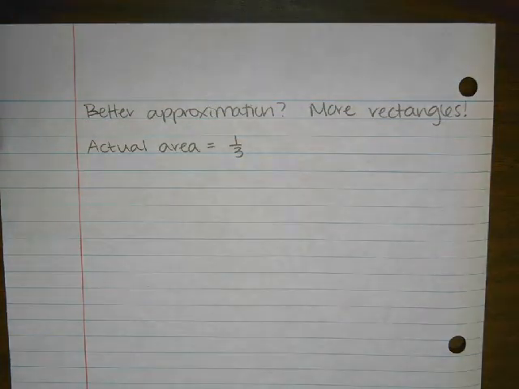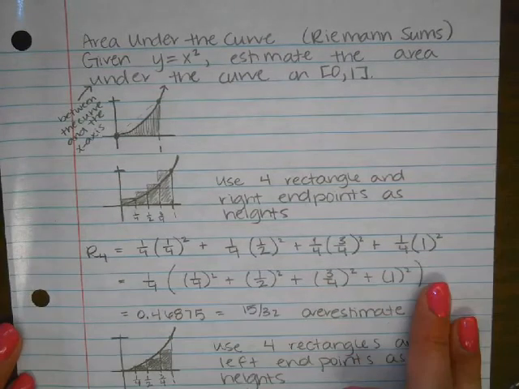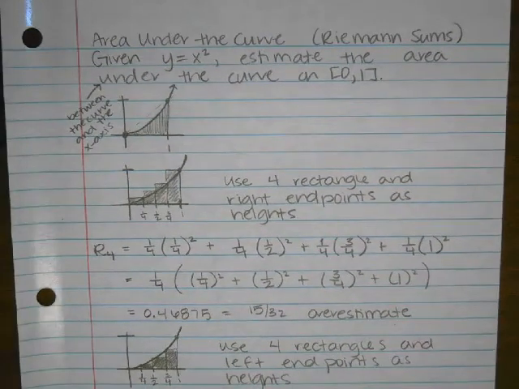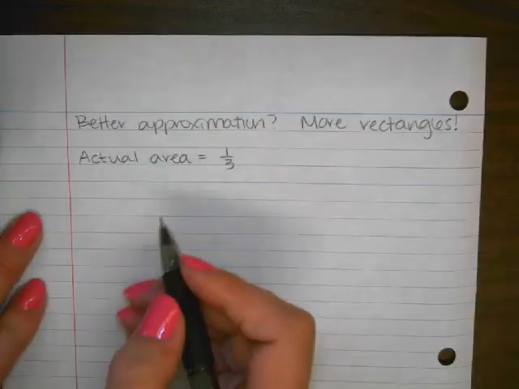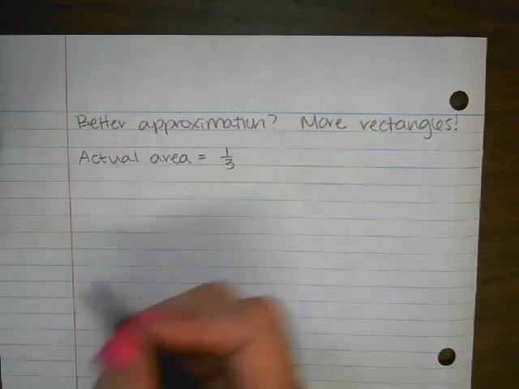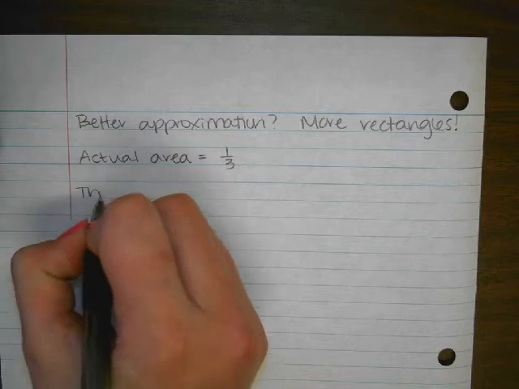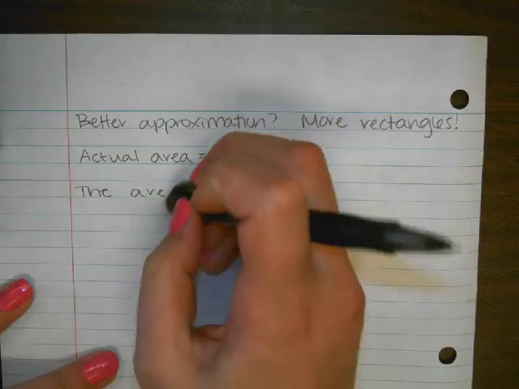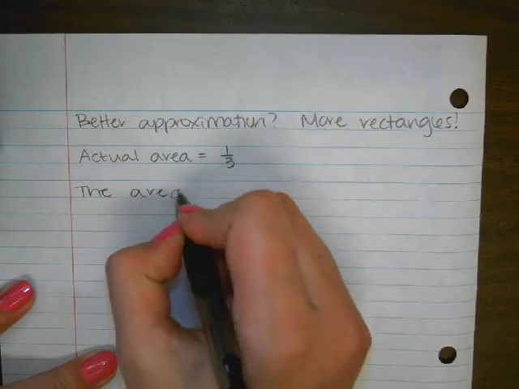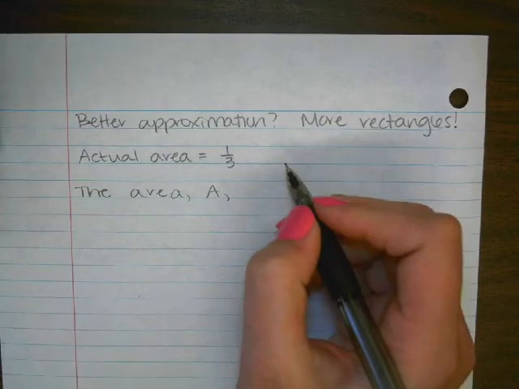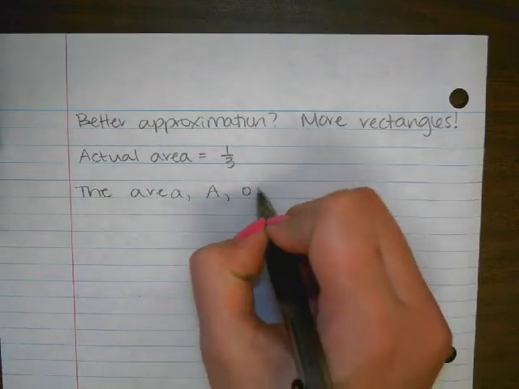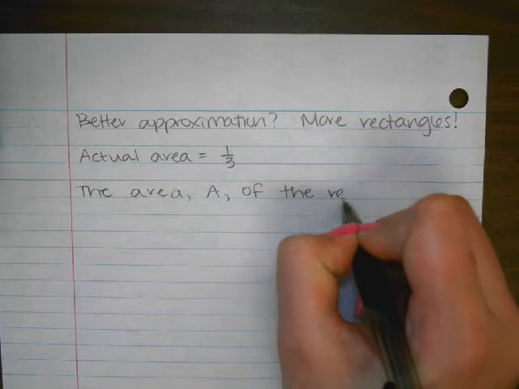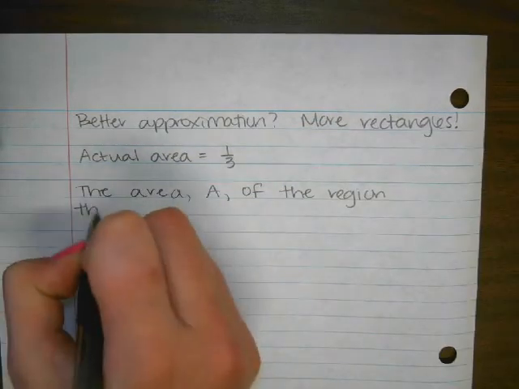Okay, so now we have to take what we just did and we have to formalize it a little bit, because if we were doing 20 rectangles, we would not want to write this out. We would want to have a way to shorthand it. So I'm going to show you guys how we do that. So first, we're going to go ahead and write down the formula. So we're going to say the area A of the region that lies under the graph, or under the curve,